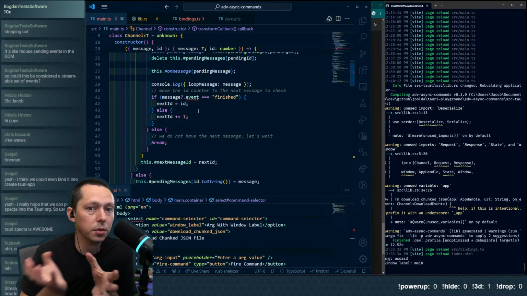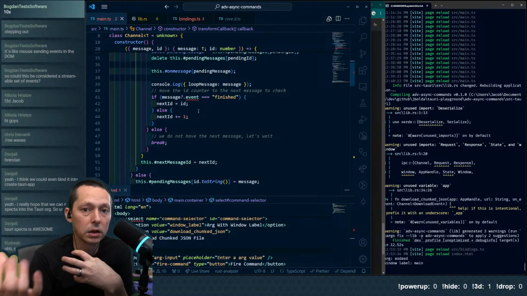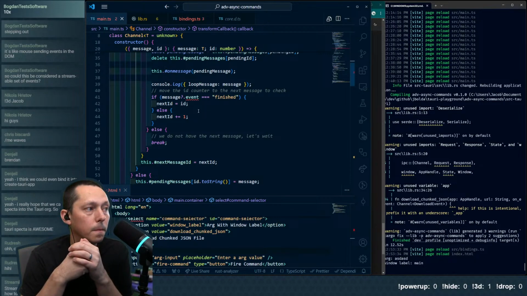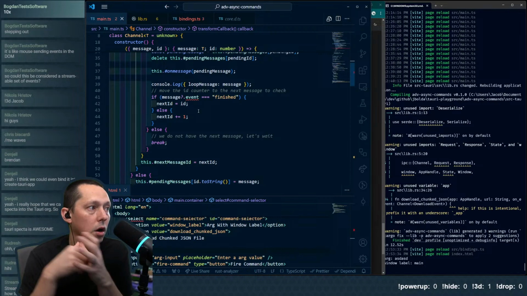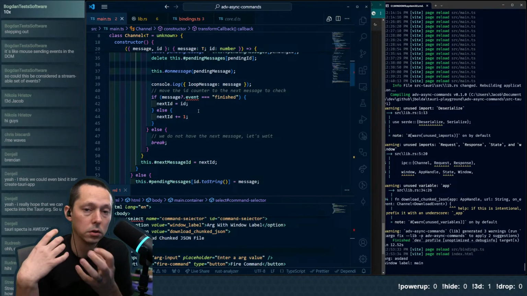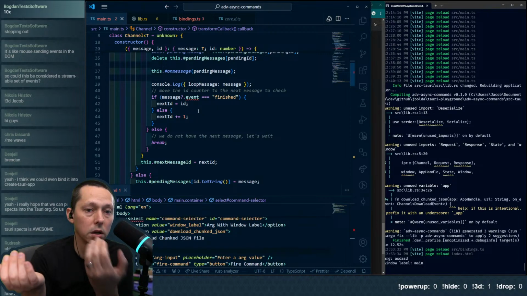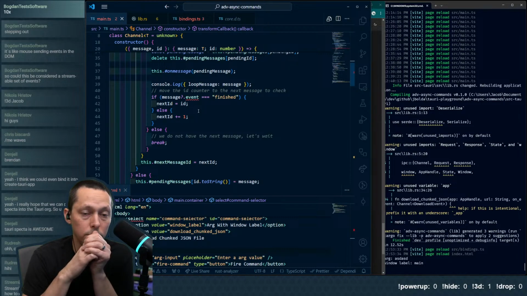And obviously, if you're just doing a fetch request, or if you're expecting the information back like you would a fetch request in the web view, this probably isn't going to work. You're probably going to just want to return from a command. But there are going to be situations where having the ability to handle it in any way you want in the backend in Rust, and any way in the web view, it's pretty neat.